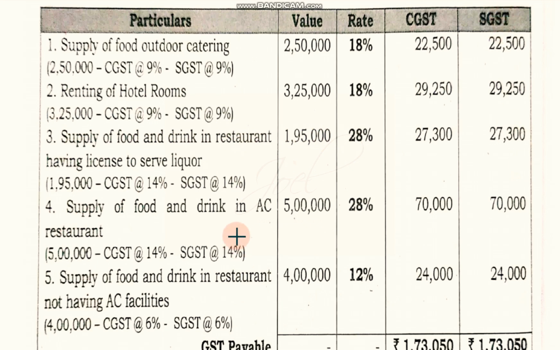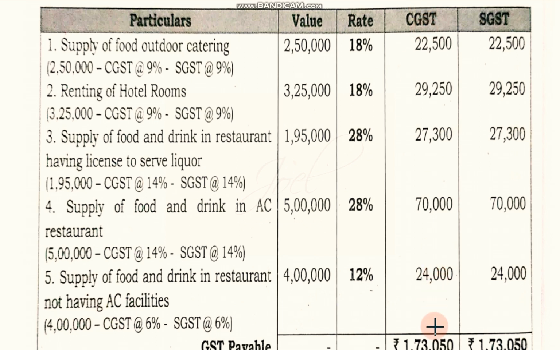See, whatever rate they are giving in case of intra-state transaction, that means within the state transactions, we will divide it equally into two parts, because SGST and CGST together will come to this particular rate. So equally one portion will go to state and one portion will go to central. That's why equal calculations we are doing. Then supply of drinks to the restaurant having liquor, again 195 into 14% 14% or 195 into 28%, you will get an amount, divide it into 2. So similarly these things are to be sorted out.